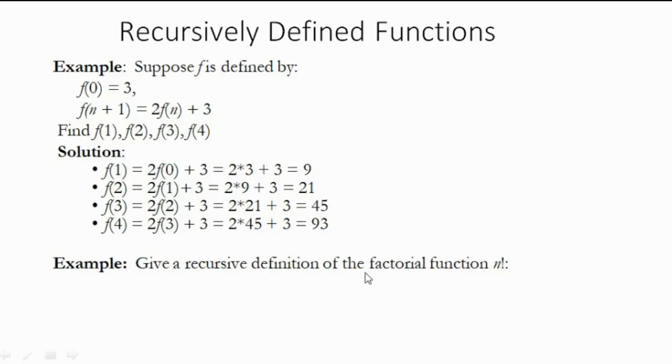Give a recursive definition of the factorial function. We know the factorial function, so how will we define it? f(0) is equal to 1, and f(n+1) is equal to n+1 into f(n). In our programming, we wrote it in the decremental fashion from n down, but now we are writing it in the incremental fashion, like n+1 into f(n). So if it is f(1), then 1+1: you make it n+1 into f(n), that is f(1) value into 2. That will become f(2). Like that, it will keep on going.